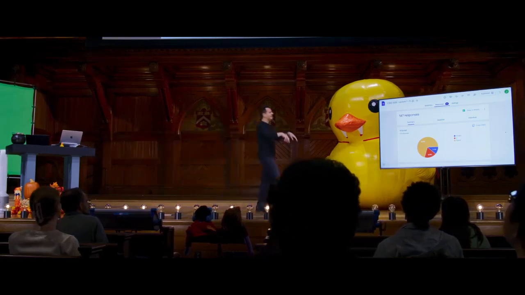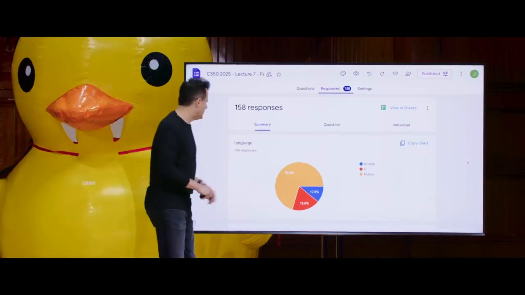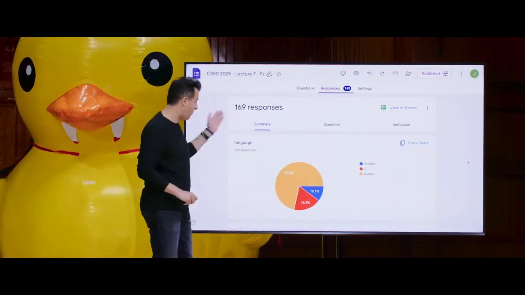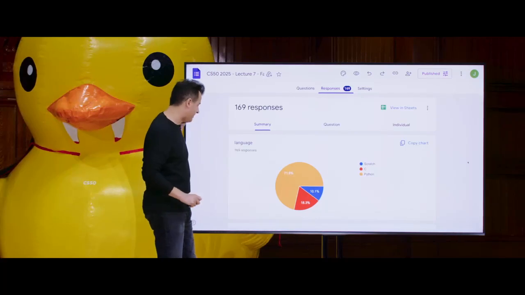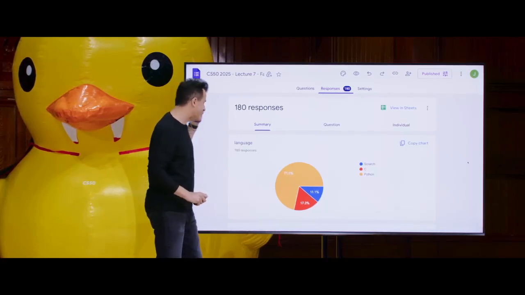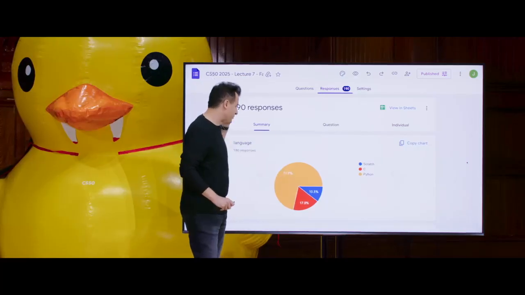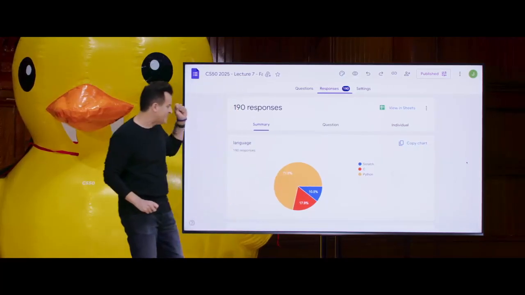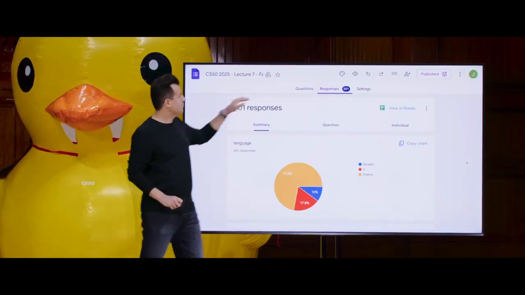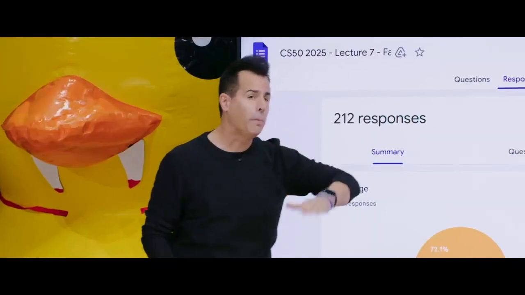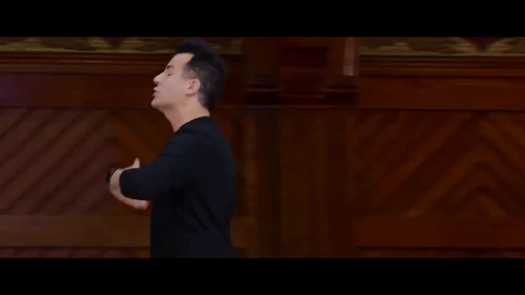And Google gives us these nice graphical user interfaces, or GUIs, via which we can analyze the data. And so far, Python is easily the winner, with 70% plus of you preferring it, 11% of you wishing we were still in Scratch, and 18% of you in C. And you'll see the responses are coming in here. But for our purposes today, what's more interesting than the actual answers to these questions is how we can get